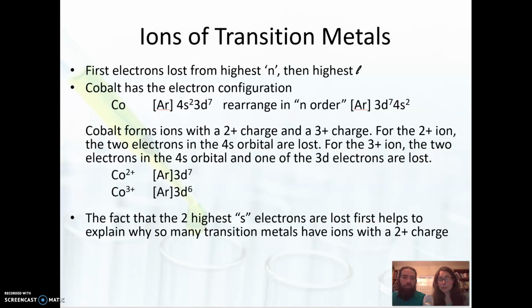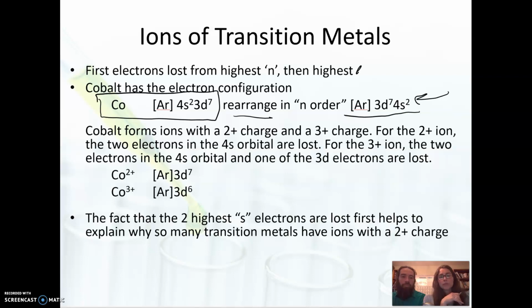Ions of transition metals. Okay, so these are the metals that are in the center part of the periodic table, and we do lose electrons from the highest N first and then the highest L, just like any other cation. And what we want to mention is that if you write your electron configuration in fill order, which is what you would normally do, and you rearrange it so that you have the highest N's last, and the highest P's of those N's last, like this, then what you can do when you make your cation is just remove electrons from the outermost N. So it's very obvious to know